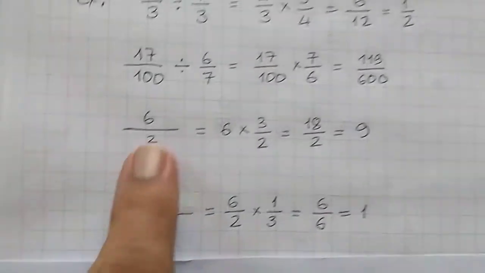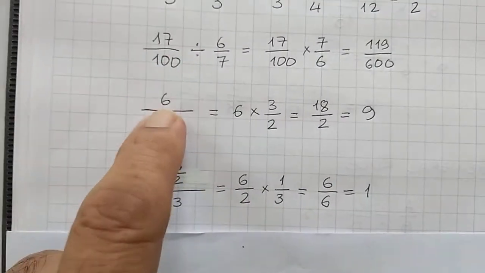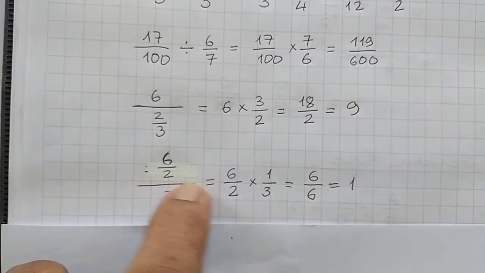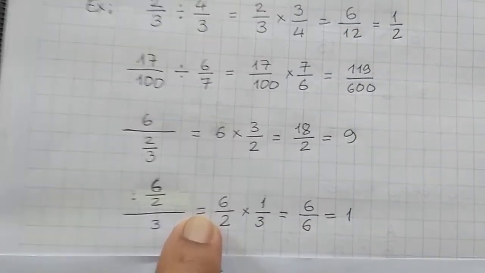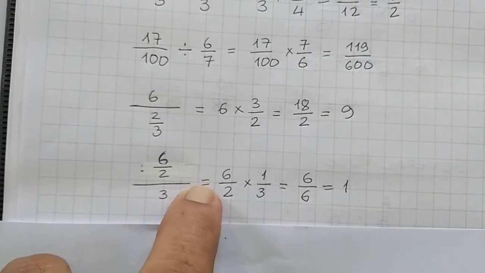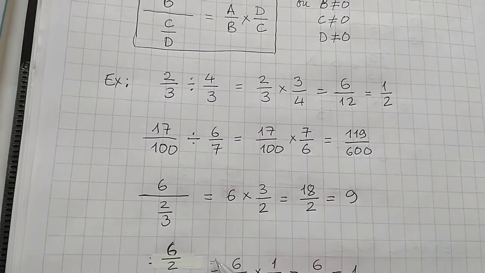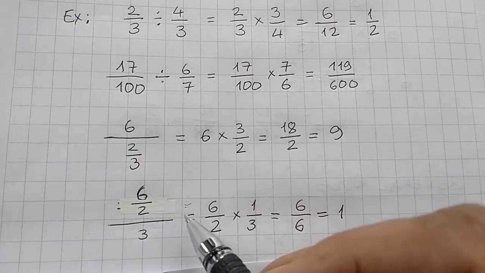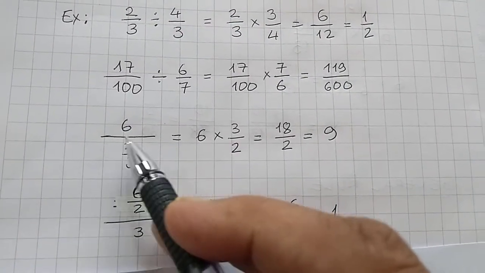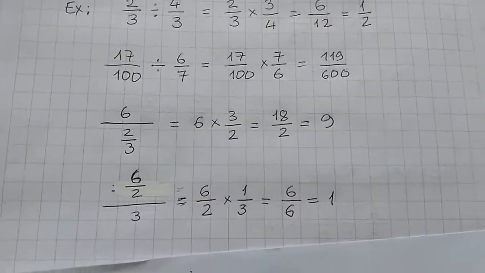Now if I take 6 over 2 divided by 3, see, same three numbers, 6, 2, 3, but this is the big line. More important, this is where I put the equal sign. So whenever you write this, make sure the equal sign is in line with the main dividing line. Don't write it here or here. Always make sure the equal sign is in line with the main dividing line here. See, 6, 2, 3, 6, 2, 3, but our result will be different.